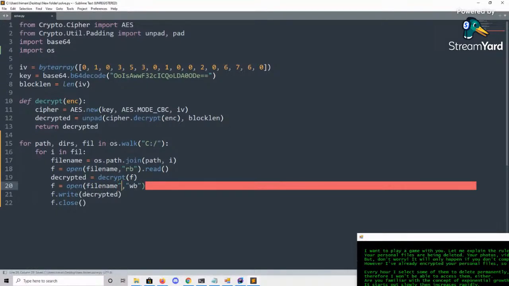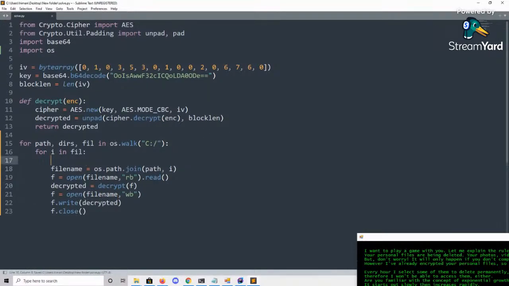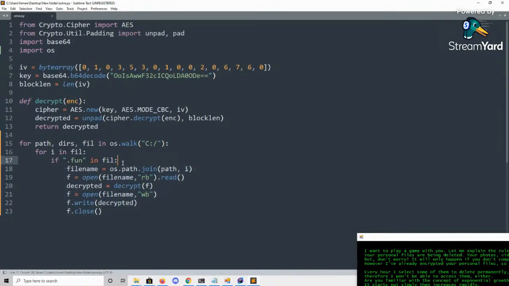अच्छा, मेरे को सिर्फ फन वाले चाहिए ना। हाँ एक मिनट, इफ डॉट फन इन फाइल, हाँ तभी करूँगा ये सब चीज़। फन टेक्निकली फाइल का लास्ट होगा ना, लास्ट का 4 कैरेक्टर्स शुड बी डॉट फन। हाँ, तब मैं फाइल नेम को ओपन करूँगा। ठीक है। फाइल नेम यहाँ पे लास्ट इसका 4 कैरेक्टर्स हटा दो, फन मेरे को नहीं चाहिए, जब वापस राइट कर रहा हूँ, क्लोज, और इसको डिलीट कर देता हूँ।